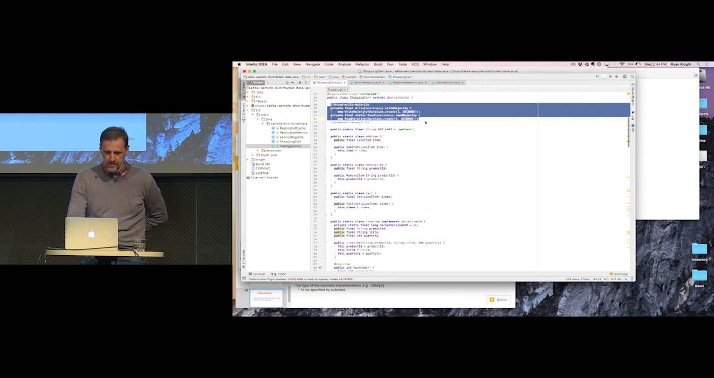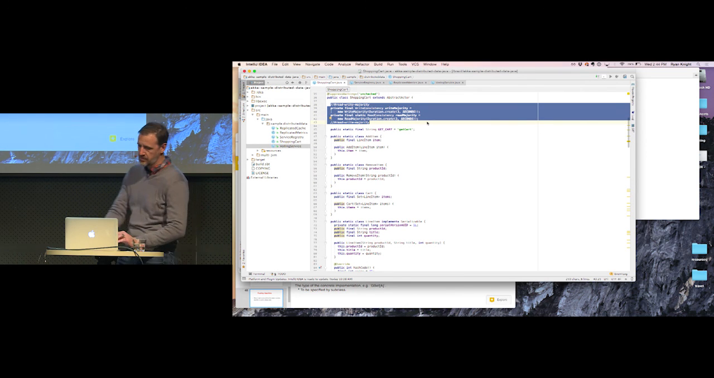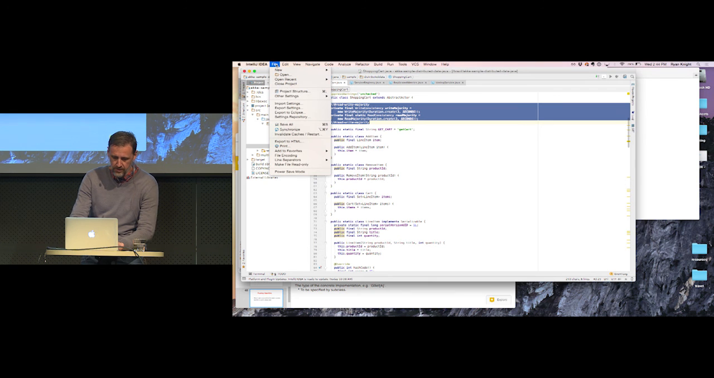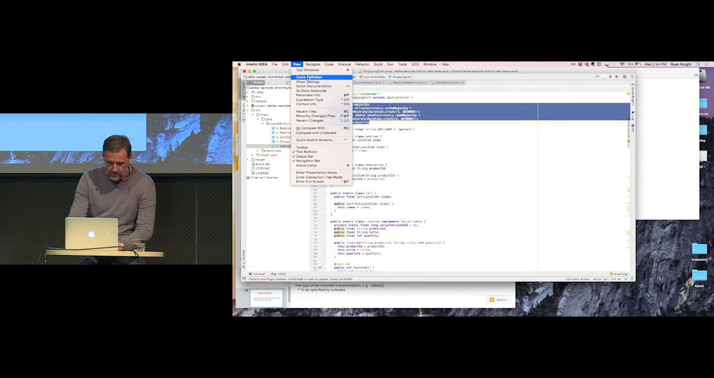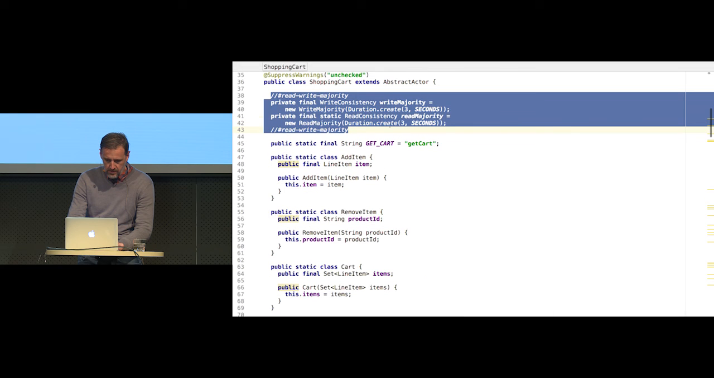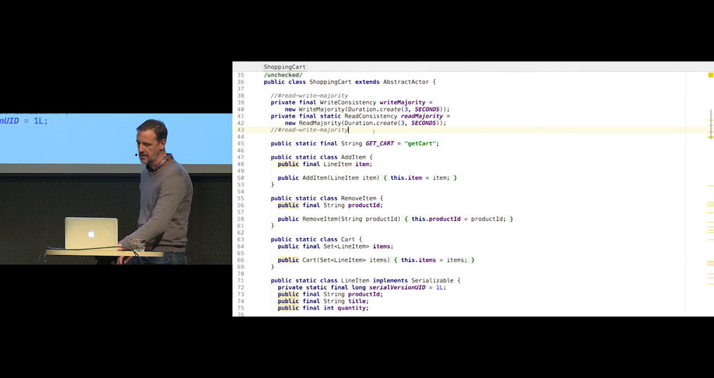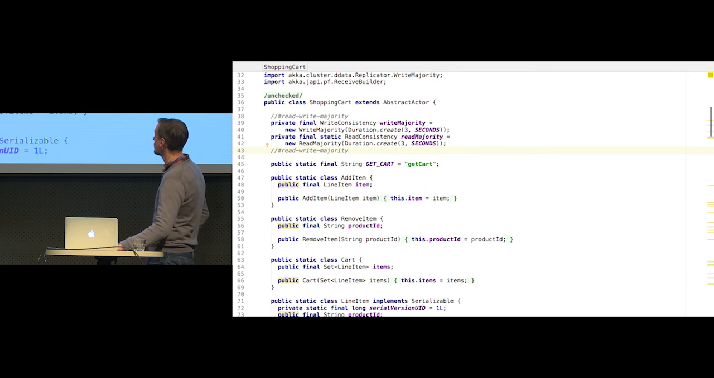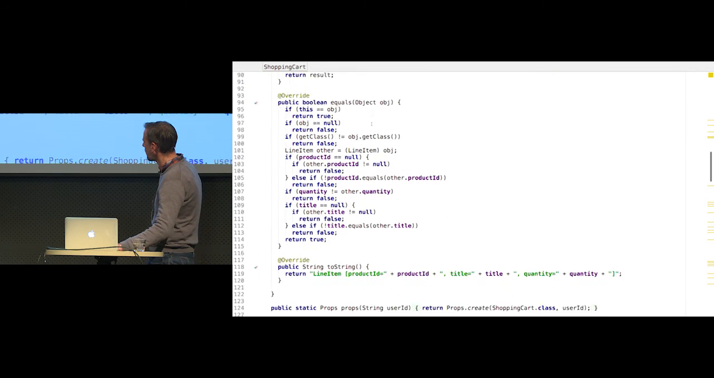So the key is this write consistency. This is probably too small. File, View, Enter presentation mode. So I'm specifying the write majority, right? This is the number of nodes I'm writing to. And then if I go down and I look at